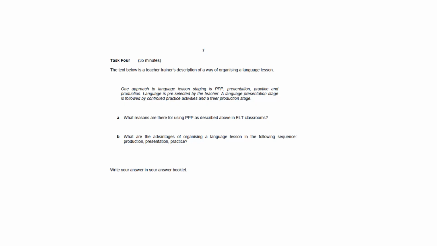Because it's a familiar way, right? It is a familiar approach, and the outcome is clear. We have the lesson plan. For PPP we rely mostly on course books. So the lesson aim is clear, already scaffolded,